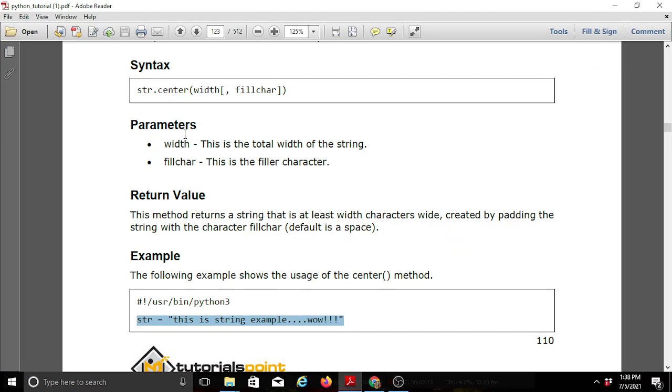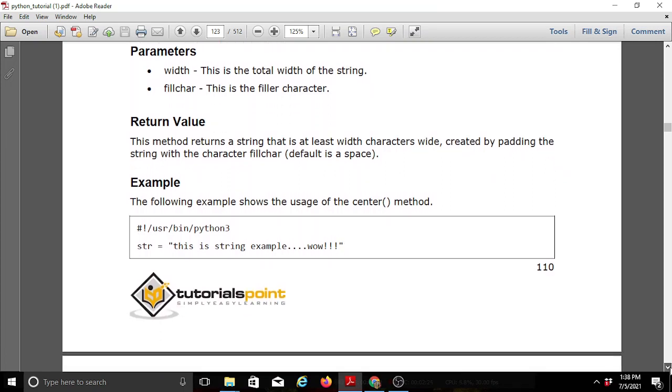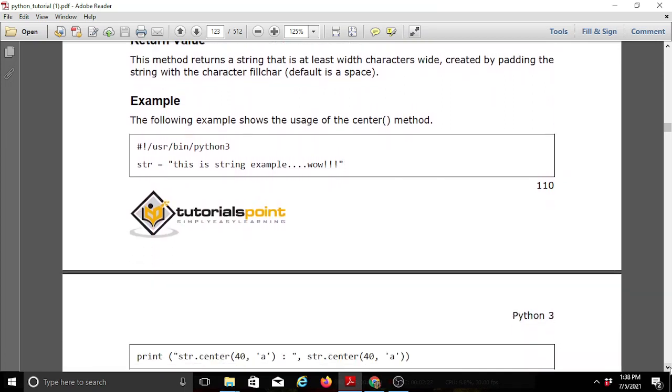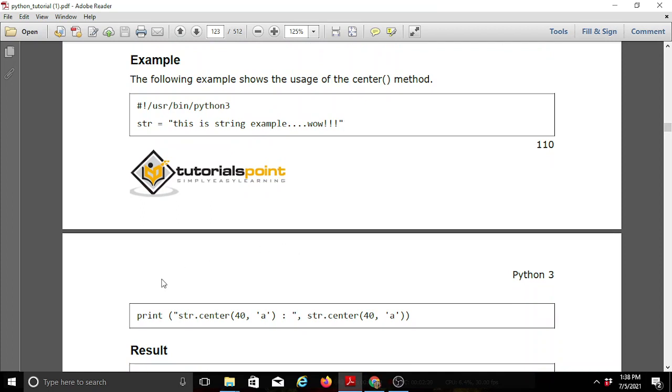First I initialized a string, and next I am displaying the same lines of code onto the output screen.